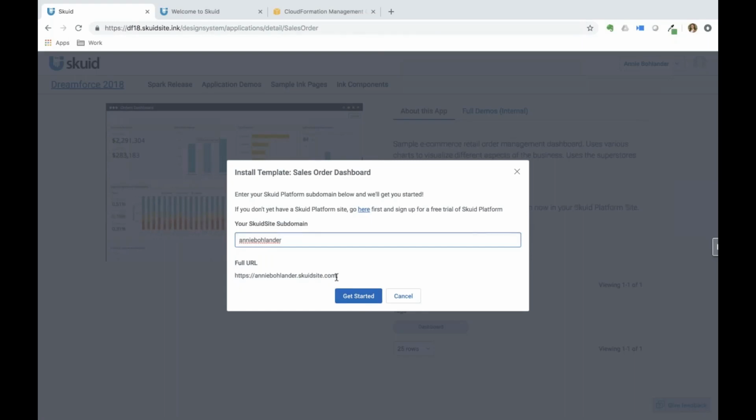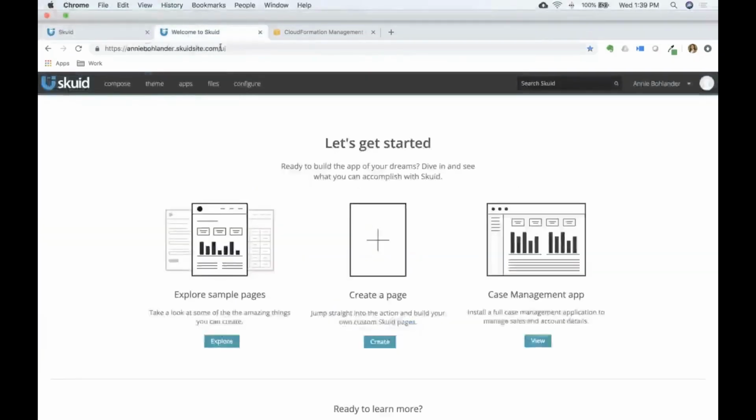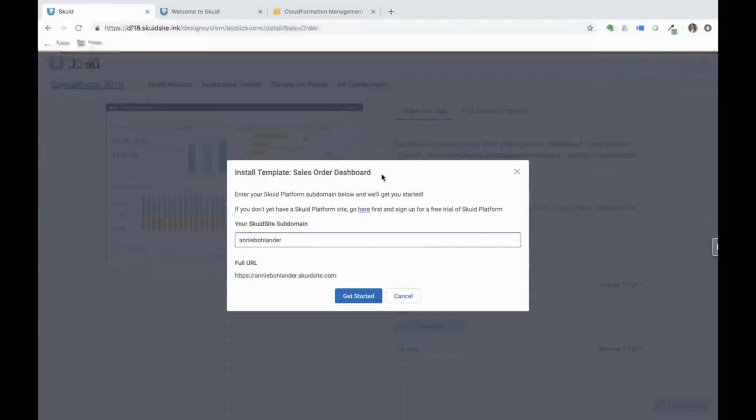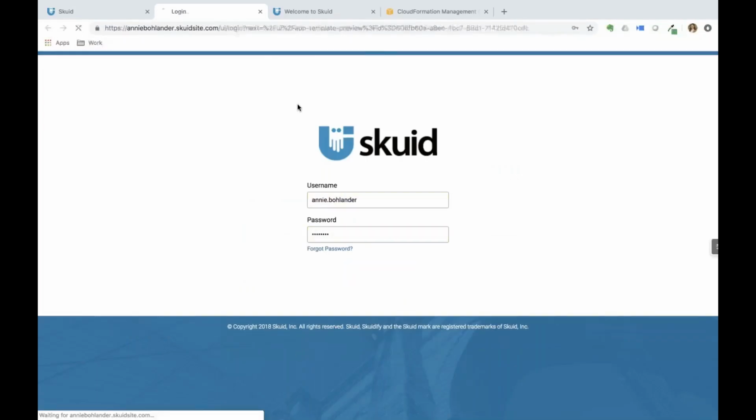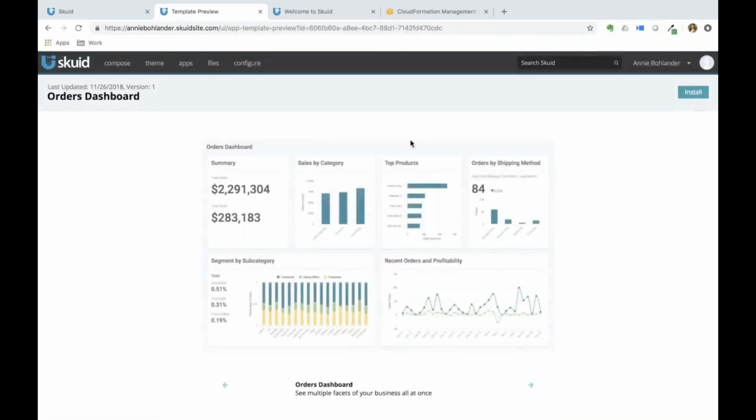Just in case you're confused, you'll have a full URL to view below, and you'll just want to check that with the URL of your Skuid site. Looks good to me. Don't have to worry about the /UI there. I'll click Get Started. It's going to prompt me to relog into my Skuid site, and it's going to take me to a preview